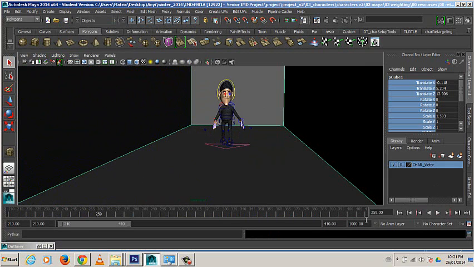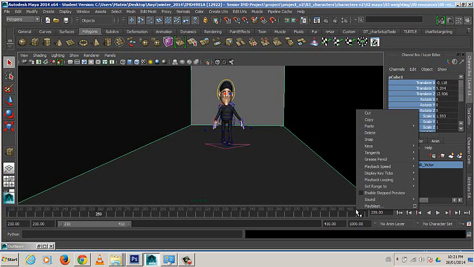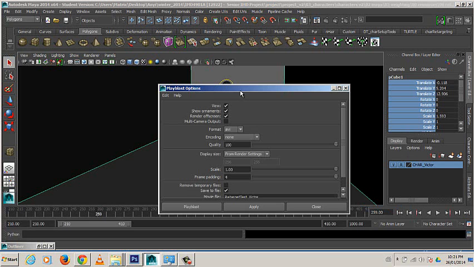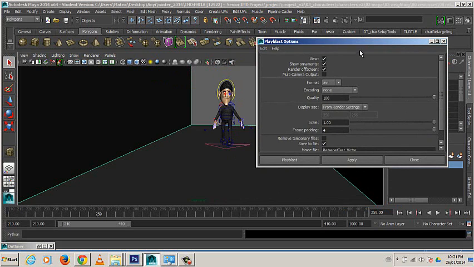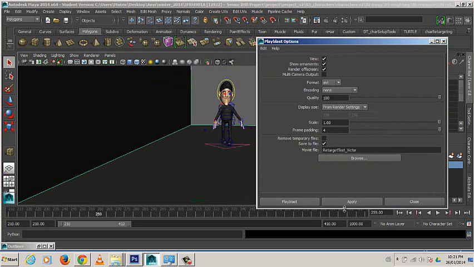If you go on your timeline, an easy way to get your Playblast options is to right click and you have this Playblast option right here. You click on the little box there and there you go. This is your Playblast menu. Normally